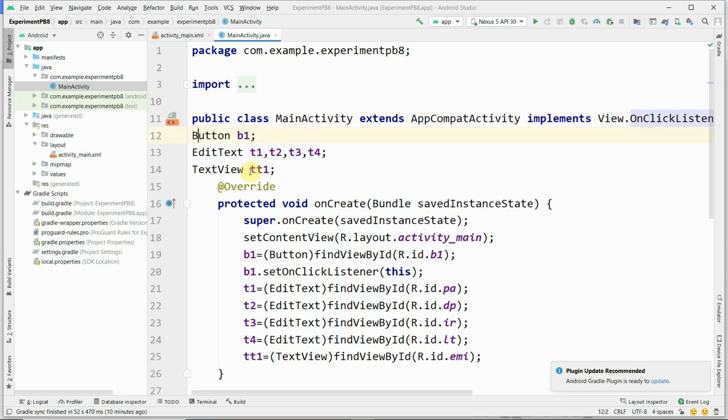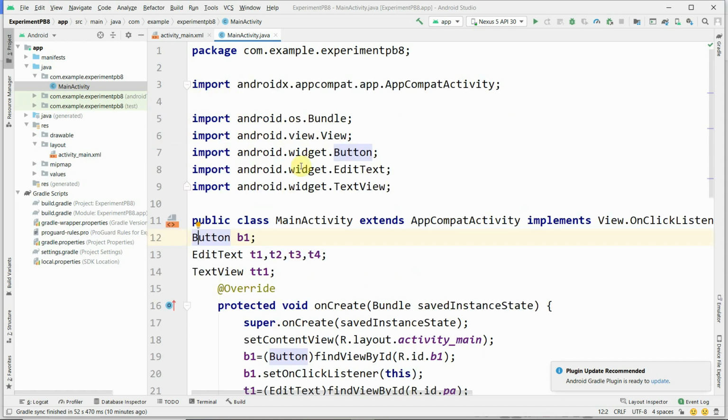When you create the button object, Button b1, it asks you to import the file. Click on import, and it automatically imports android.widget.Button.